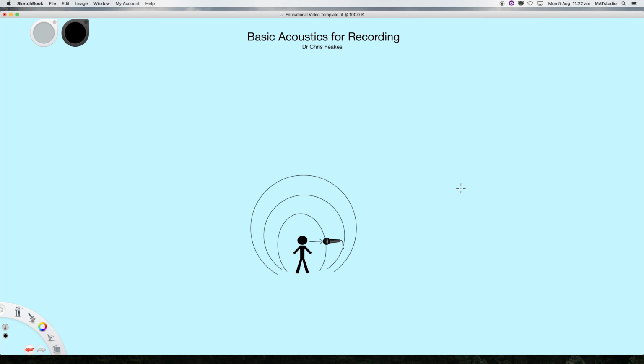But there's a problem here. This person appears to be floating in outer space, and everyone knows outer space is not an environment to record sound in. Ordinarily, they'd be in some environment, for example, a room, like this one. And what's going to happen to that sound is, even after it's passed by the microphone, it's going to continue travelling beyond it until it hits a boundary in the room. And just like light, sound reflects. So that sound is going to come bouncing back towards the microphone to be recorded.